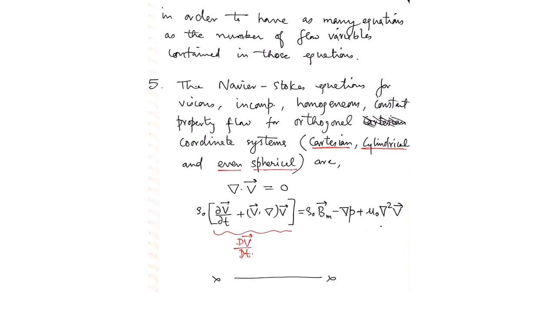So thank you very much, and with this end of this lecture we have come to a stage where we have formed a strong basic platform which has eventually yielded what we were looking for, the governing equations: how to write the governing equations for any kind of viscous fluid motion, and in particular we have narrowed it down to the incompressible homogeneous constant property flow, and we have finally established the Navier-Stokes equations for this type of flow.